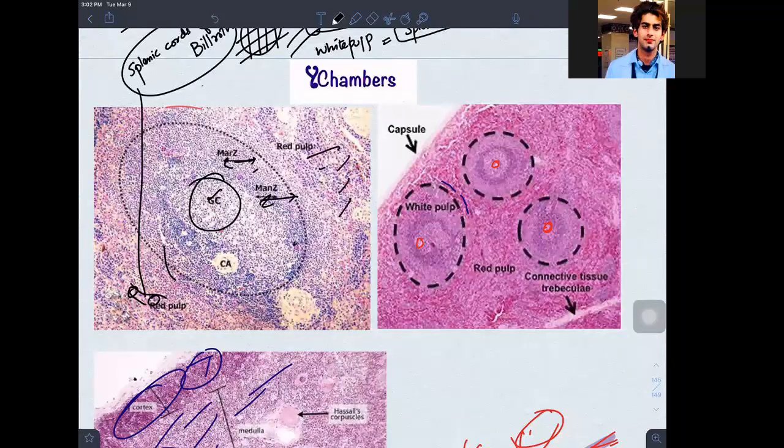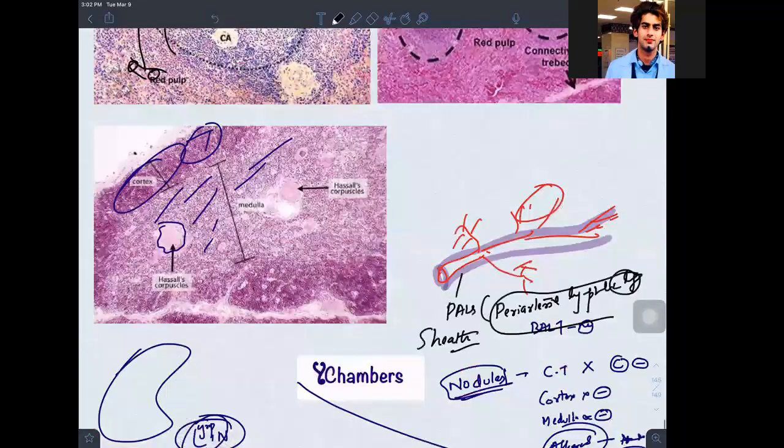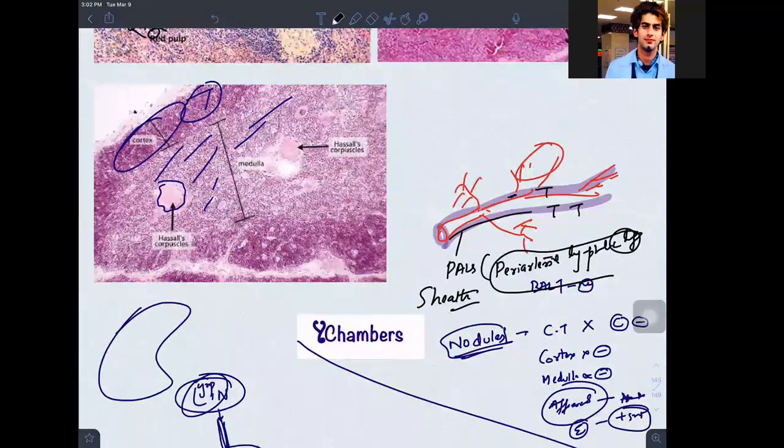I hope you have understood the histology of spleen. So can we play a quiz on this? There will be a question in your exam. What is this lymph sheath having? Periarterial lymph sheath. It is here where you see T lymphocytes. I have inverted a T. So T lymphocytes are in this periarterial sheath. So the sheath has T.